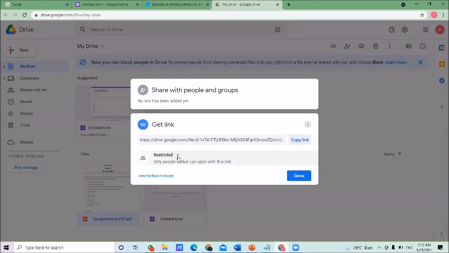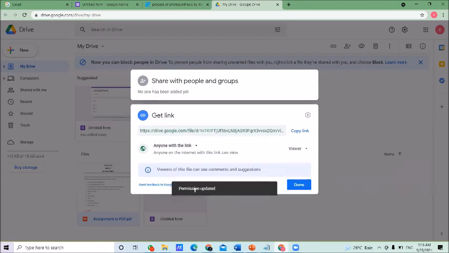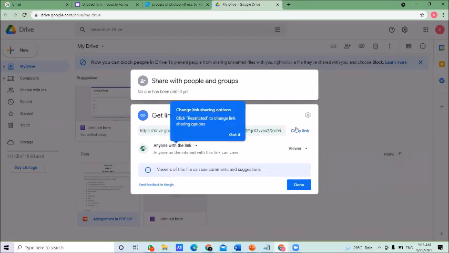Before that, I want to make one change under Restricted. Below, you can see the word Restricted with a small arrow. Click on the arrow. The default selection is Restricted. Change it to Anyone with the link. Now click Copy link and click the Done button.